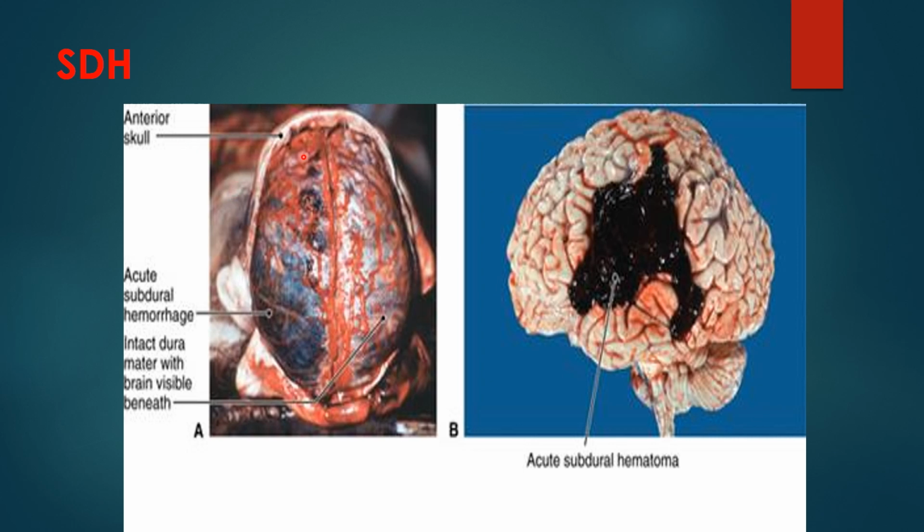So this is when the skull is removed. You can see this is the shiny dura mater, and this black spot is the subdural hemorrhage beneath the dura mater. We have not removed the dura mater yet, so it is a semi-transparent membrane. So you can see the subdural hemorrhage from outside of an intact dura mater. Now the dura mater is removed. This is the subdural hemorrhage, or acute subdural hematoma. Okay.